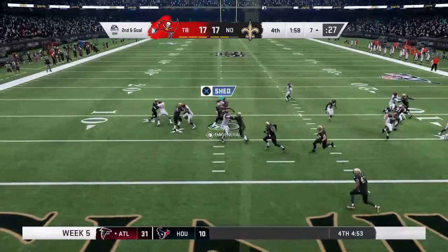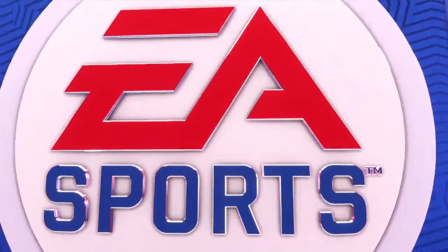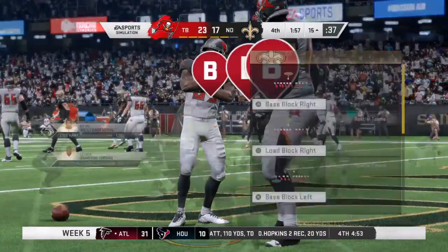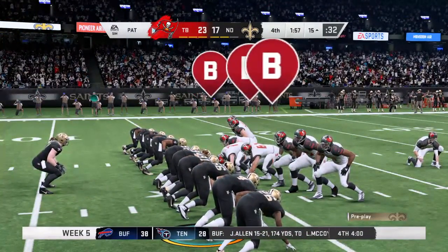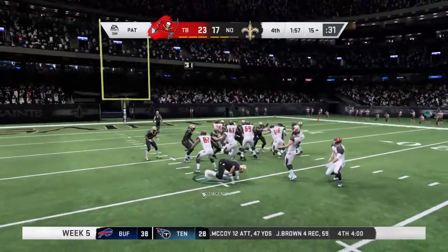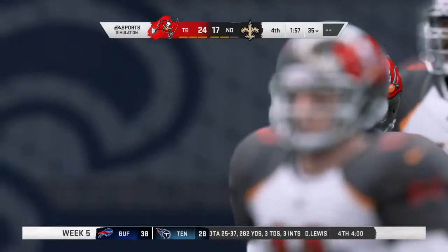Going to run the jet sweep. Callaway with it. Now he's into the end zone. Touchdown, Buccaneers. Antonio Callaway, his first touchdown on the year. And they're able to break the tie and move out in front here in this 4th quarter. And that score deserves our respect, deserves our excitement. But I'm looking at the clock and I'm thinking, there's a long...